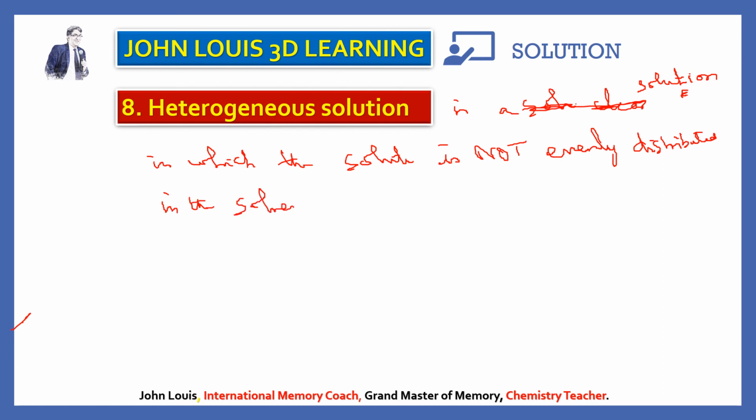Therefore, it cannot really be a solution. Am I right? Solution means a homogeneous mixture of solute and solvent. So heterogeneous may not be a solution. But it is a mixture in which the solute is not evenly distributed in the solvent, so its behavior will be slightly different from the true solution, where the solute is completely dissolved and evenly distributed. Is it clear? You will be learning about colloids and various other forms of solutions in the higher classes. For the time being, you can take it as the solute not being evenly distributed in the solvent.